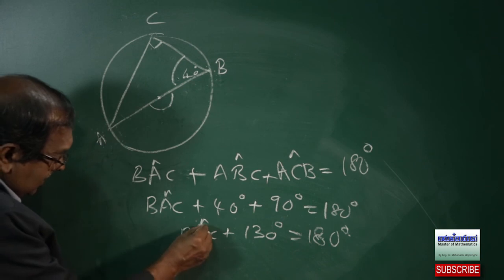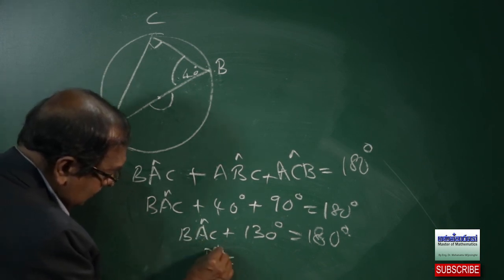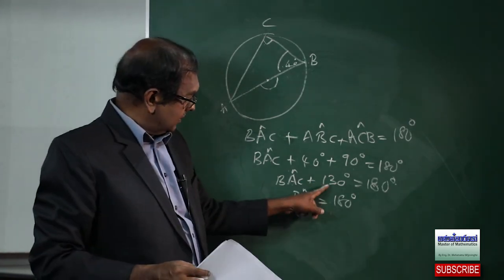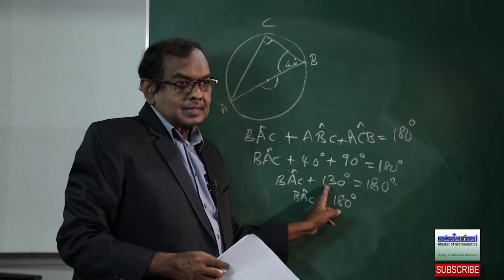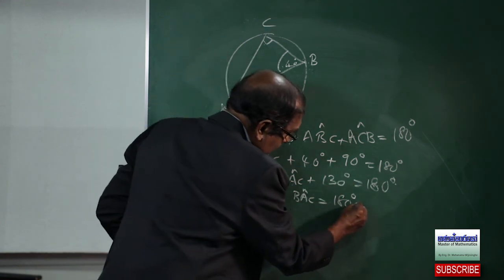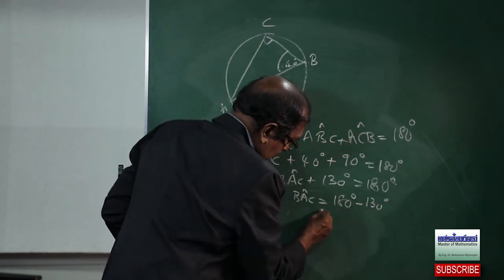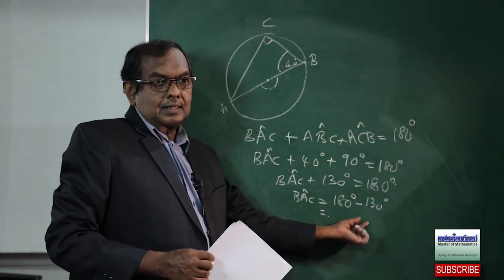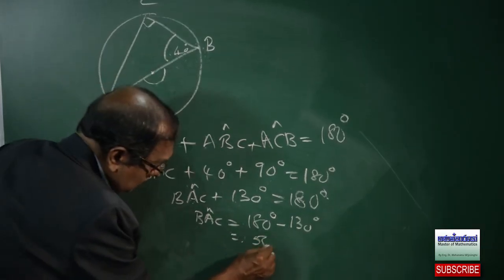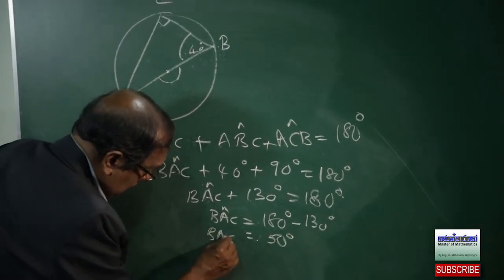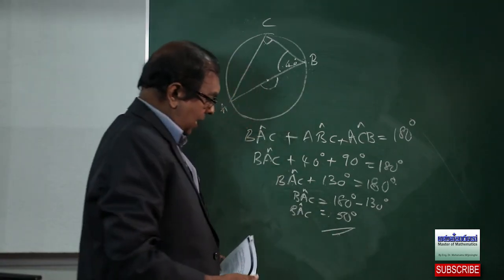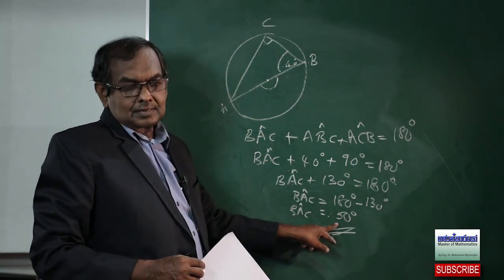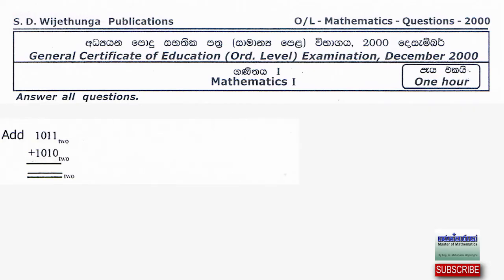Then to get the BAC value, we have to take this 130 degrees to the other side, that will be minus 130. What is the difference? 180 minus 130 is 50 degrees. Then angle BAC is equal to 50 degrees. This is the answer. Question number 11, add